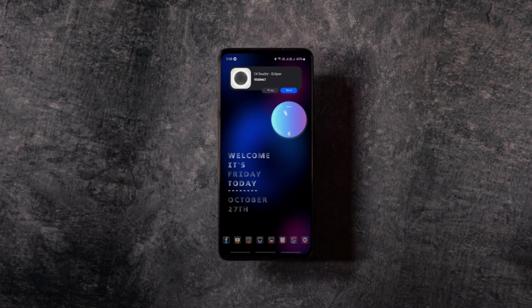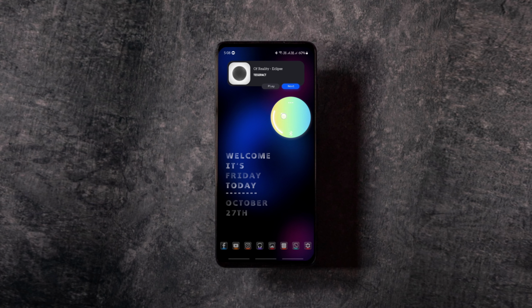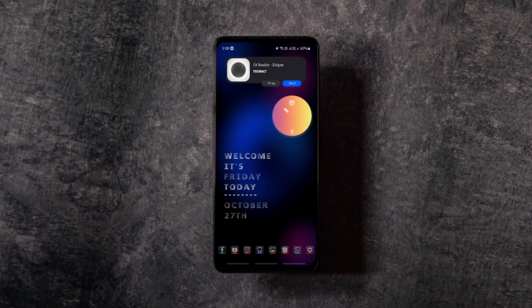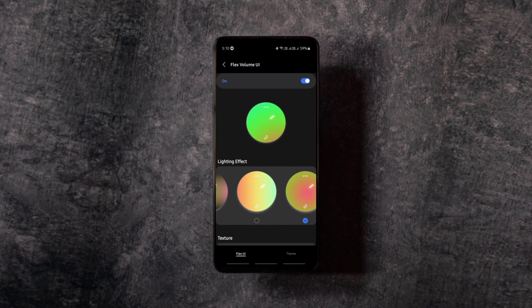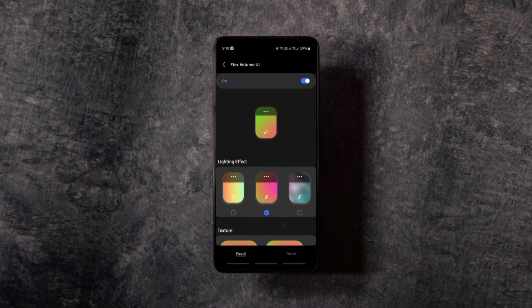Samsung Galaxy phones now can have these brand new custom volume controllers without the need for any app from the Play Store. You can have these beautiful volume sliders on any Samsung phone that supports Goodlock and runs on One UI 5 and above. So whenever you press your volume buttons, you get these colorful controllers and volume panels to